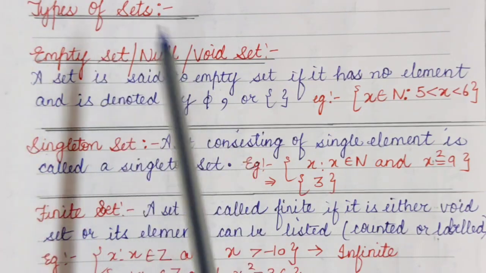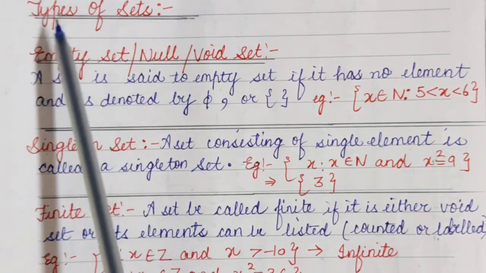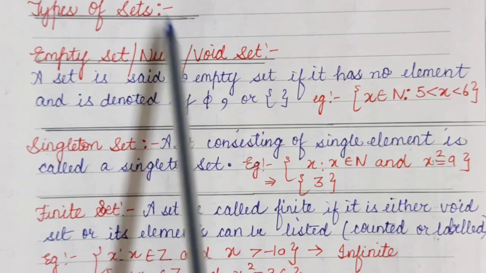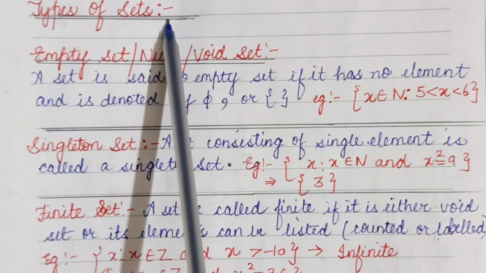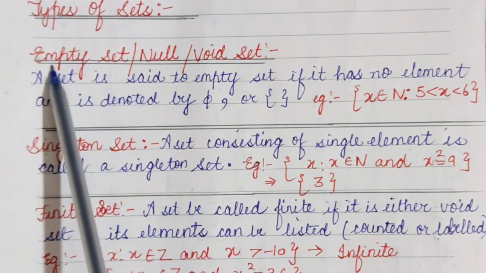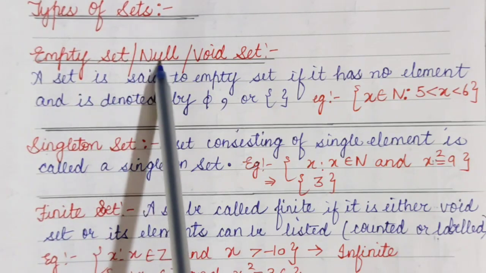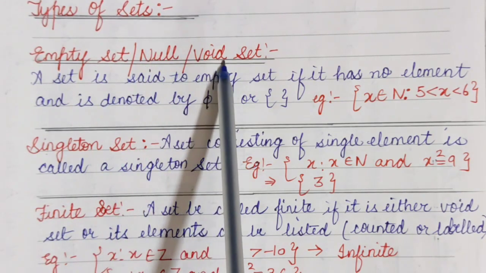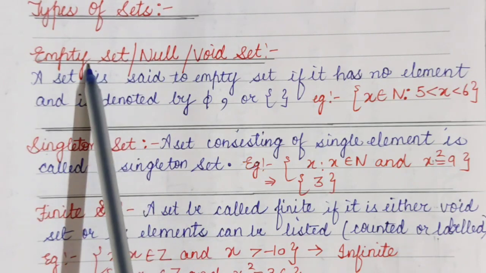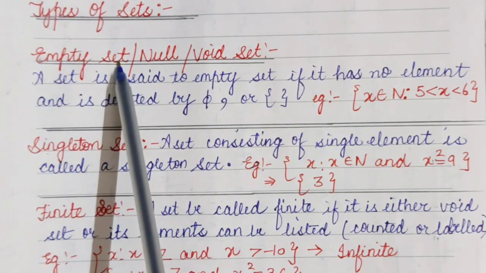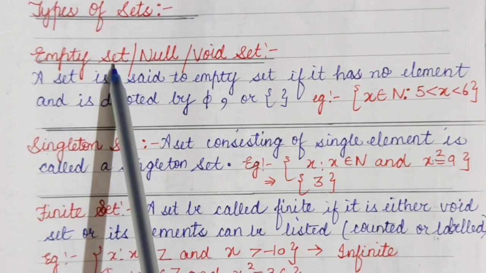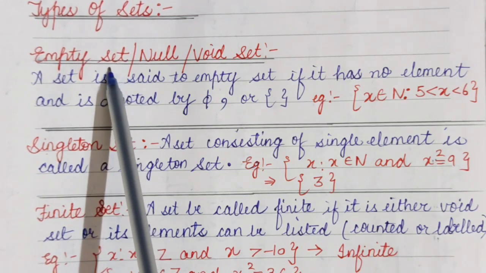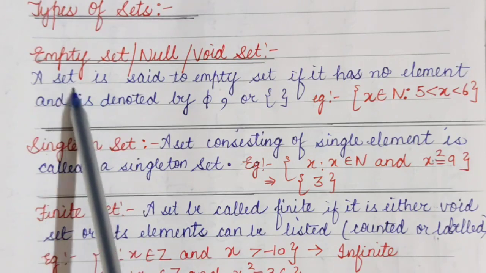Yes students, now we are going to study the different types of sets. There are various types of the set. First type is empty set, or we can say null set, or we can say void set. As it is specified by name only, empty set is a set which has no element in it, where no element will come. Fine. A set is said to